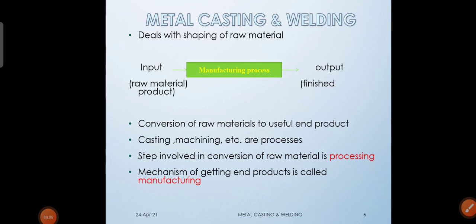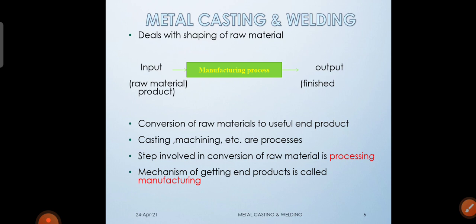In this session, we are going to discuss Module 1, that is Introduction and Basic Materials Used in Foundry. In the earlier lecture, we had discussed the course objectives, course outcomes, and syllabus of the subject. In this session, we are going to study the introduction to casting and the materials which are involved in the foundry section.